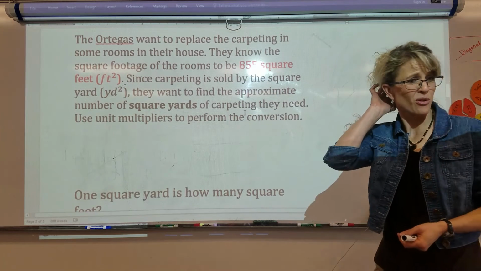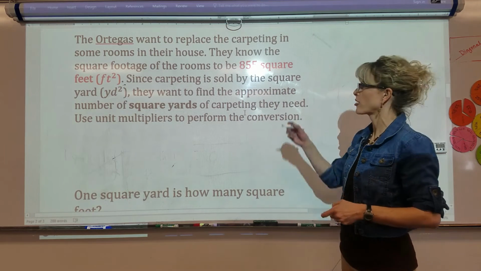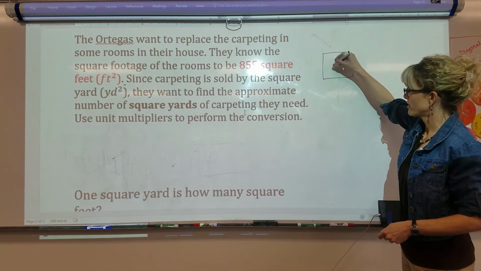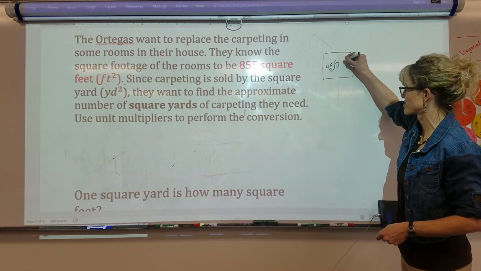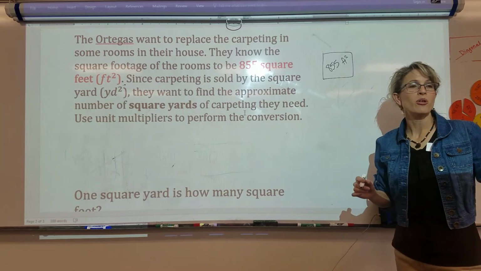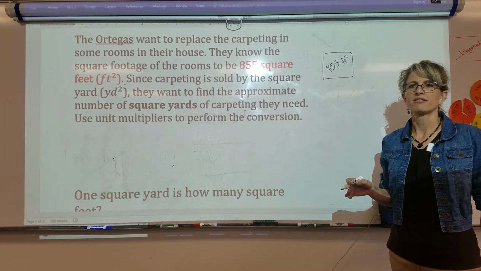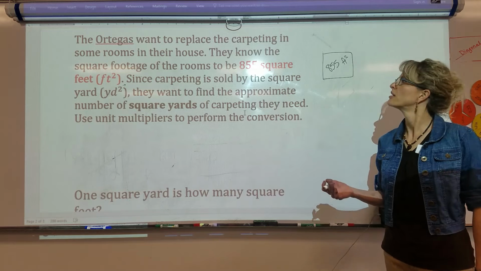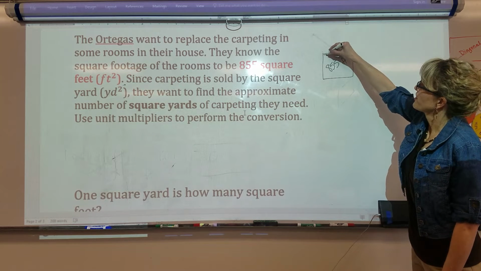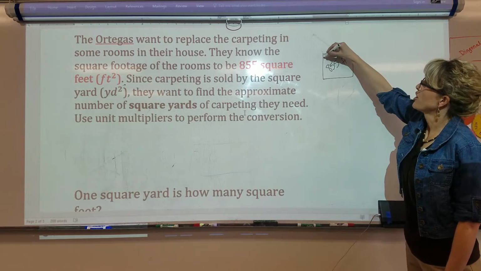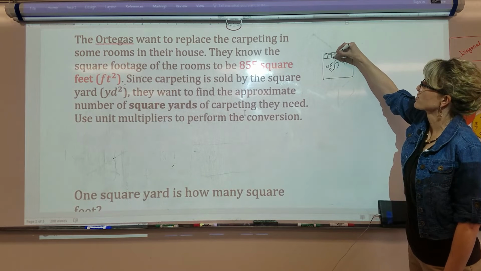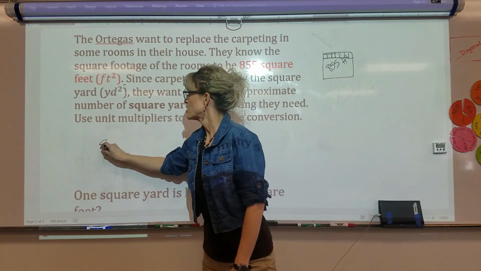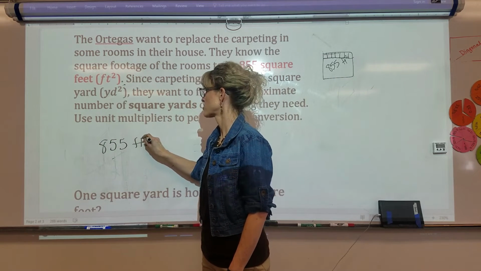Let's try an example. So, we went to Home Depot one time to order carpet. We had a room. And we said, oh, let's measure the length and the width. Say you come up with 855 square feet. You get to Home Depot and they say, well, we don't sell carpet by feet squared. We sell it by the yard squared. They say, no, we want to do it by yard squared. We want to have bigger units. How many yards squared is that? So we've got to change 855 feet squared